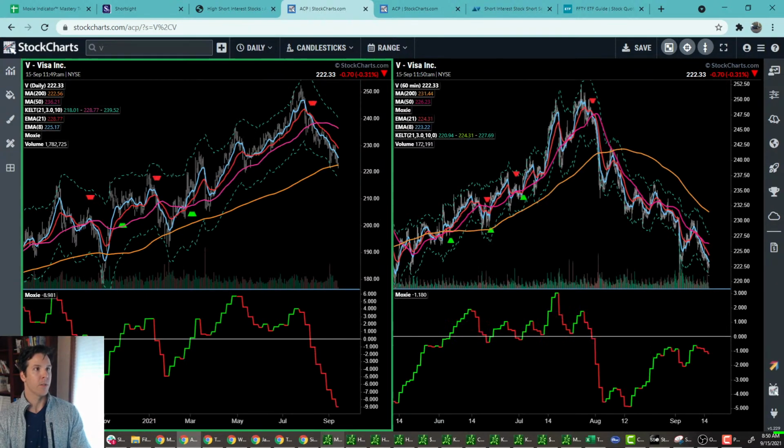Gosh, Visa, I don't know if there's much to do here. If you're trying to short it, I'd be hesitant to short it here, mostly because it's coming into that support at the daily 200. Maybe you could go long, but it also seems as though